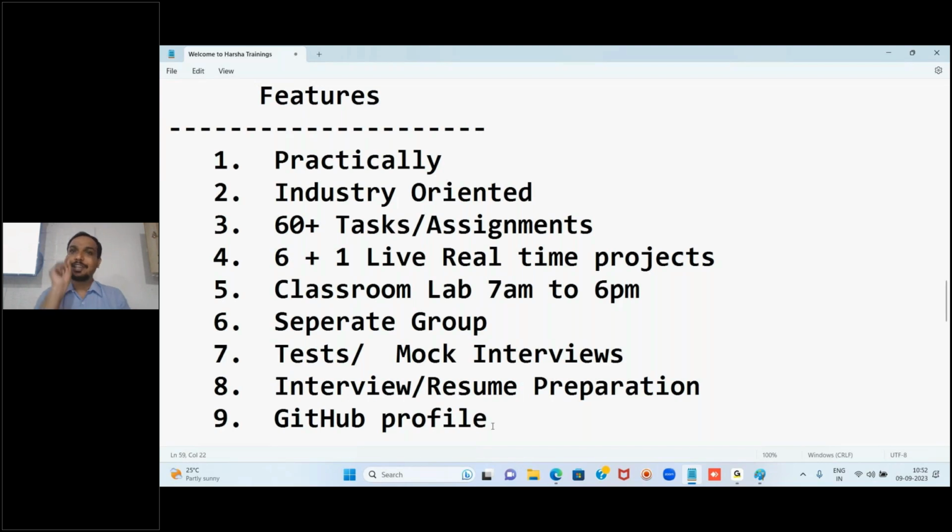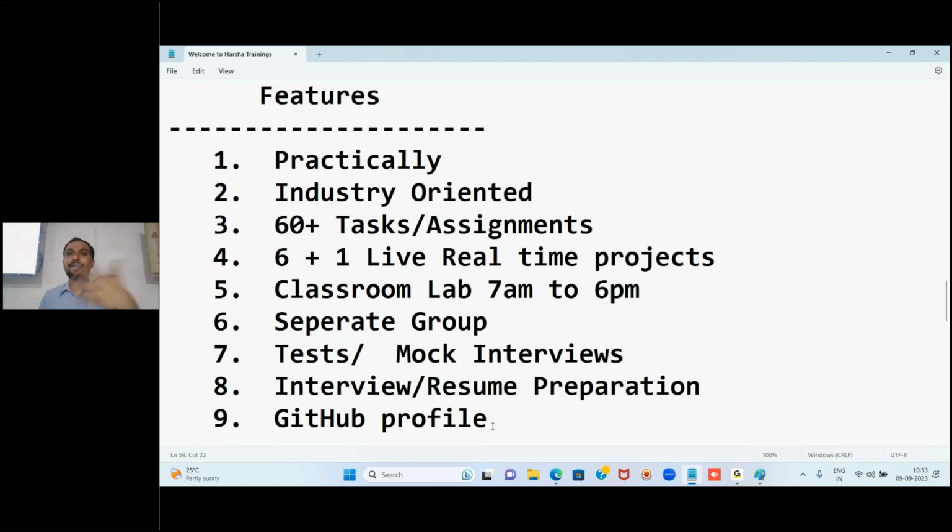The moment people see, they can click it and they will come to know how many projects you have done. And the advantage of this is, first it looks very professional, and the next thing is the moment they ask any question from those projects, like what technology you used, what projects you have done, you will definitely be in a position to answer them. Why? Because these projects you already did in your course only.